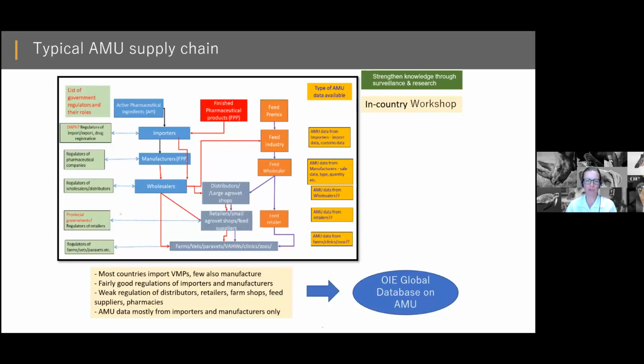So it's important for us to understand this to help the veterinary services to know where they can get various data from, and if they have fairly good regulations, then maybe they can also get information from, for example, importers and manufacturers. But we do find that at the level of distribution and retailers, it's often quite difficult to get that information. So we often end up with data that's mostly from importers and manufacturers, and that's what feeds into the global